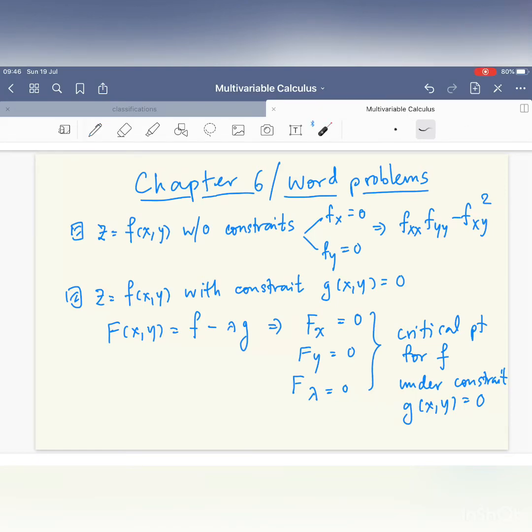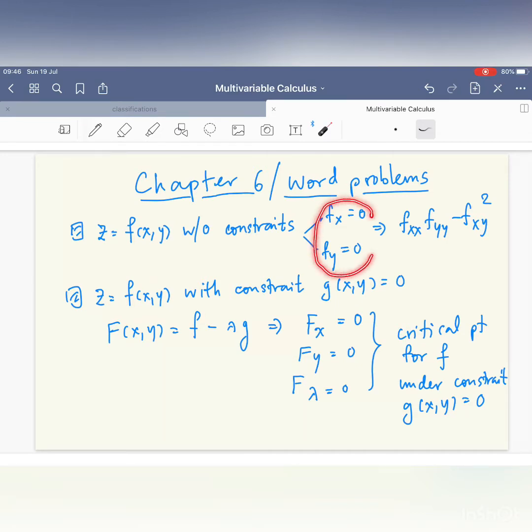Hello everybody, this video clip is still on chapter 6, but it should be the last one. This one will be word problems, and it mixes the type where your function is given by z equals f of x, y without any constraint, and you are going to find the extremum value by using the critical